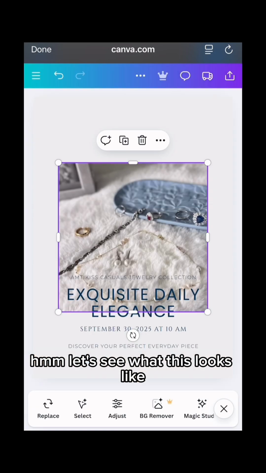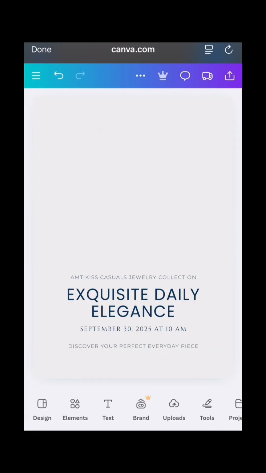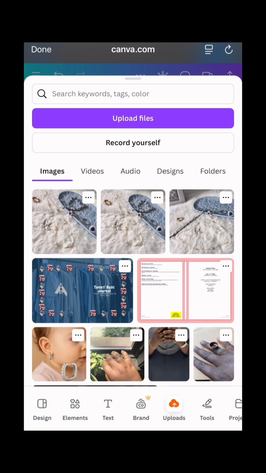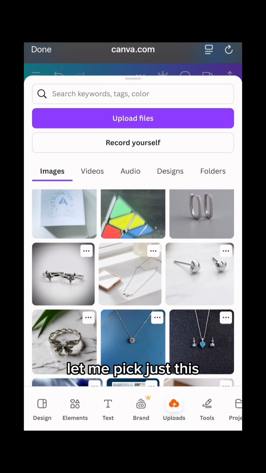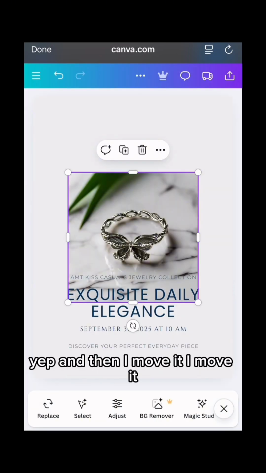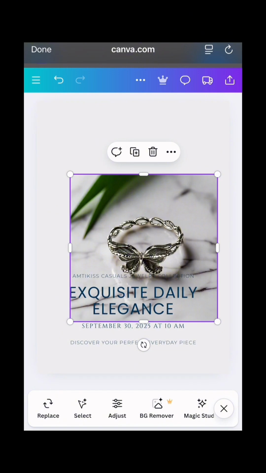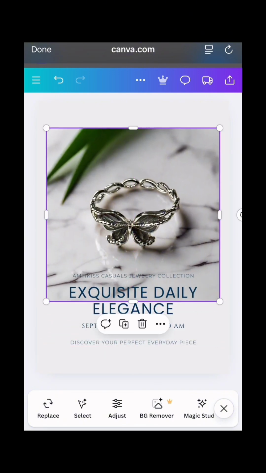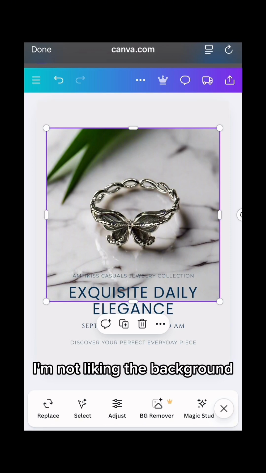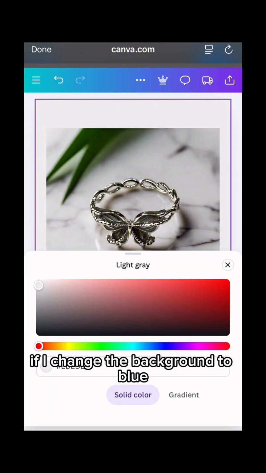Let's see what this looks like. No, this does not look right. You can just pick any of this. Let me pick just this. Yep, and then I move it. Yep. I'm not liking the background, so I'm going to change the background to blue. If I change the background to blue,